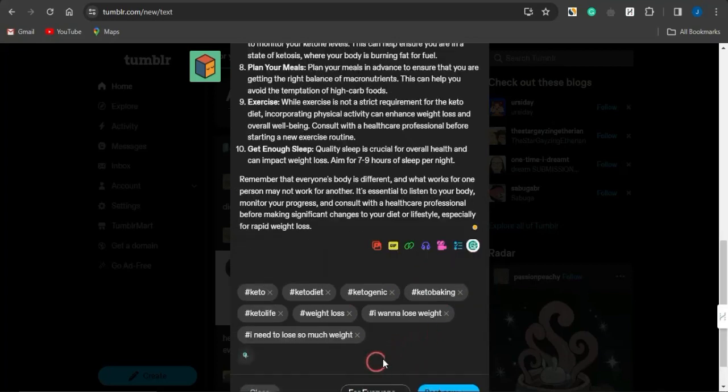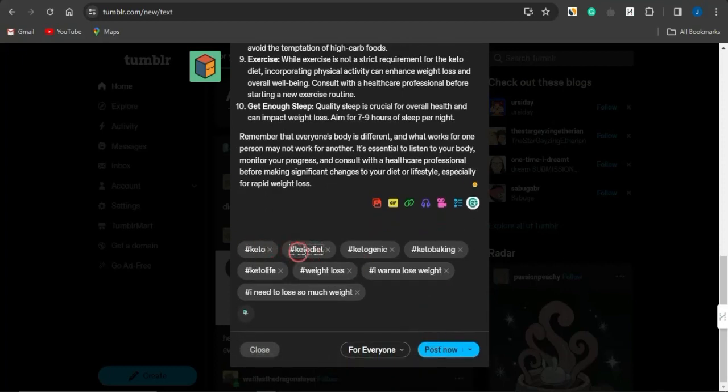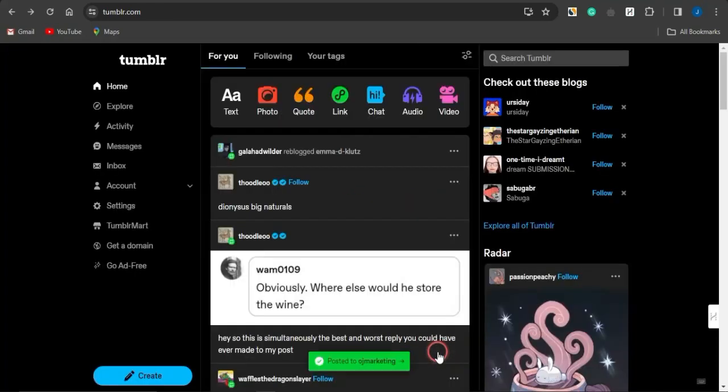So you can see right here I've added some cool keywords about keto, keto diet, ketogenic, keto baking, keto life, weight loss. I want to lose weight, I need to lose so much weight. And once you are actually done with that, you can make this visible for everyone right there, and you can go on to posting this on this platform, and that will be posted right there on the platform. And for as many people that are interested in the keto niche right there, they'll be able to go on to clicking that link if they are actually interested in getting that ebook. And for them to gain access to that particular ebook, they need to go through your URL file locker, which they have to complete an offer, and you make money if they do so right there.